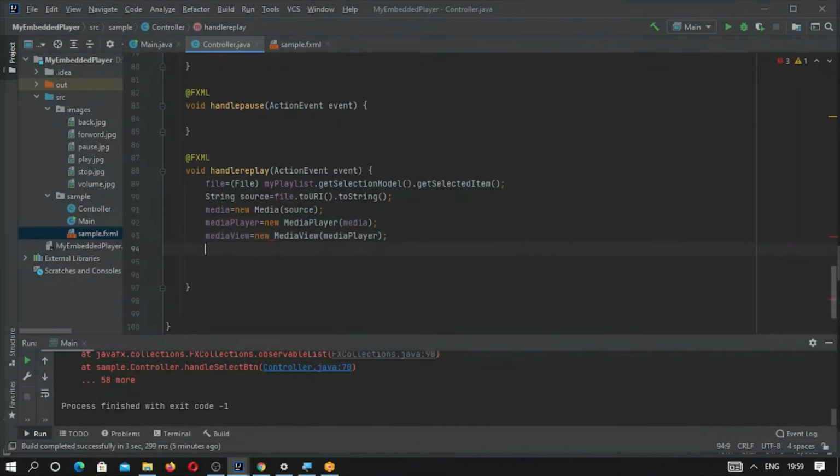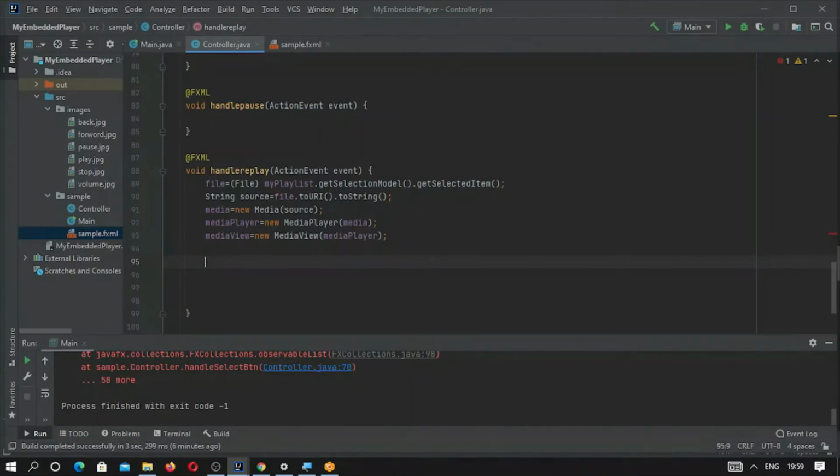These things we have done: we have selected a file, and the media, media player and media view have all been created. What else do we have to do? Once all things have been done, the media player needs to be set on ready.